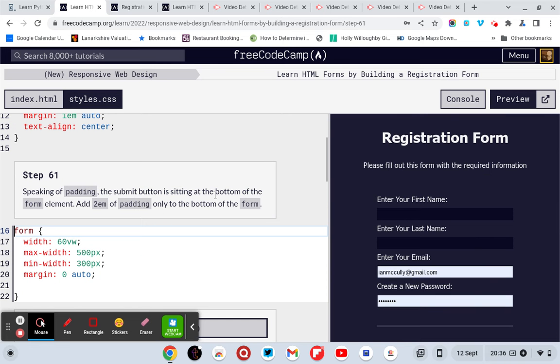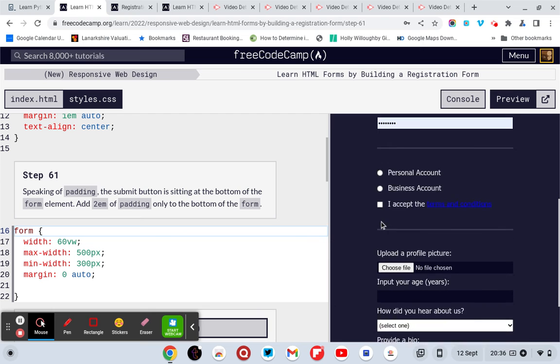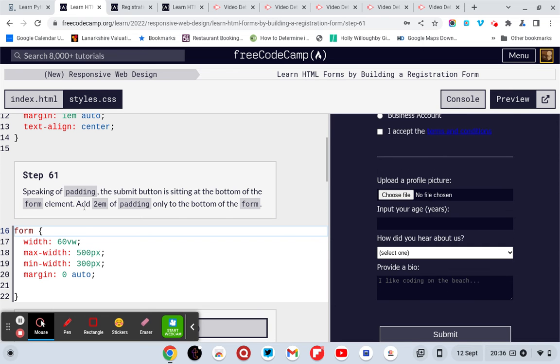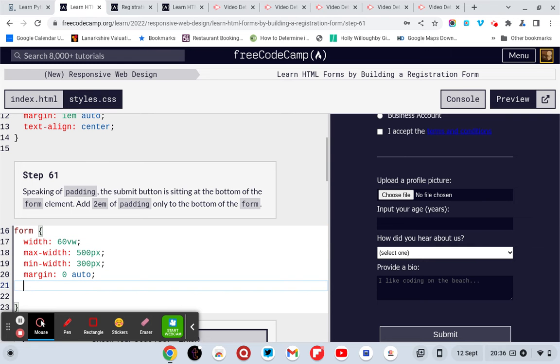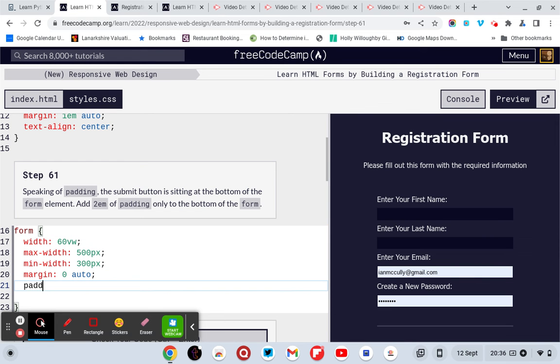Speaking of padding, the submit button is sitting at the bottom of the form element. Add 2 em to the padding, only to the bottom of the form. Padding-bottom: 2em;